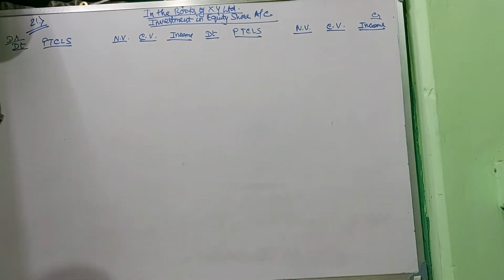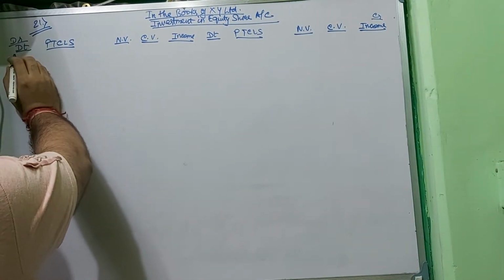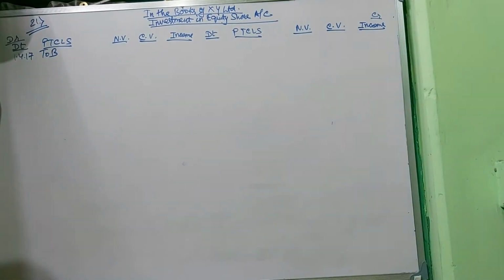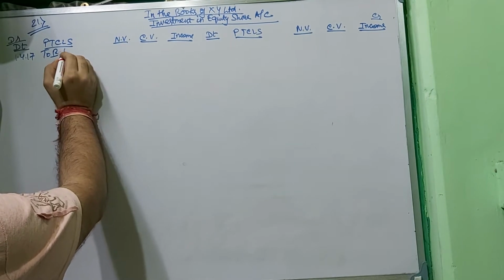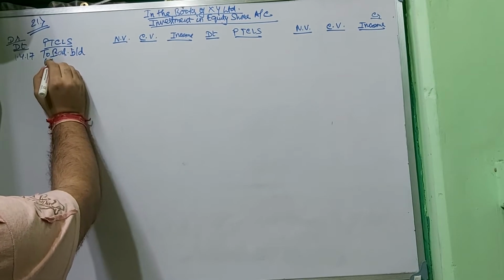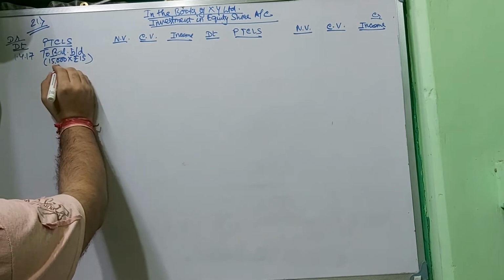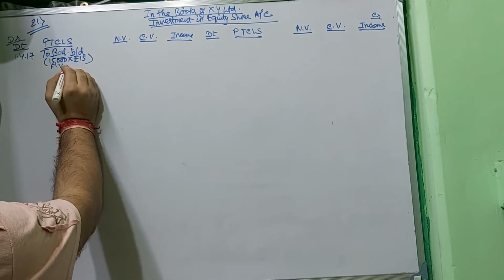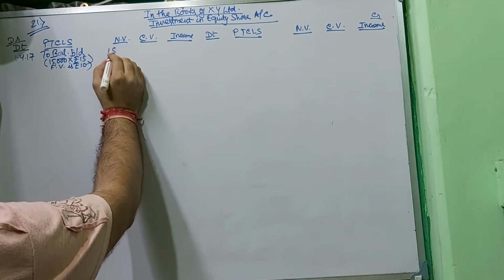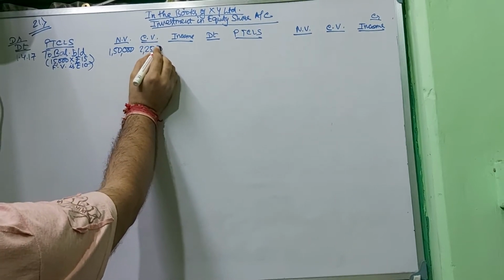Okay. So it has started with 15,000 shares of rupees 15 each on 1/4/17, to balance b/d 15,000 shares at rupees 15. Face value is rupees 10. So 15,000 into 10 means 1,50,000 and 15,000 into 15 means 2,25,000.